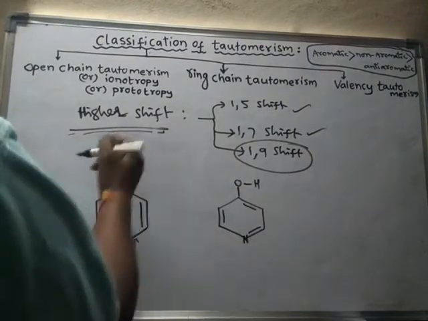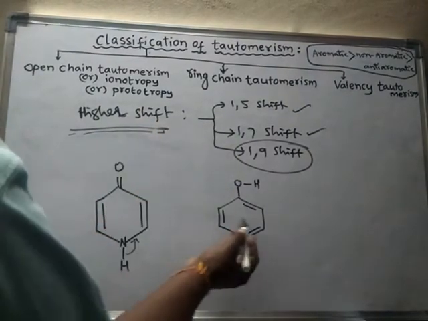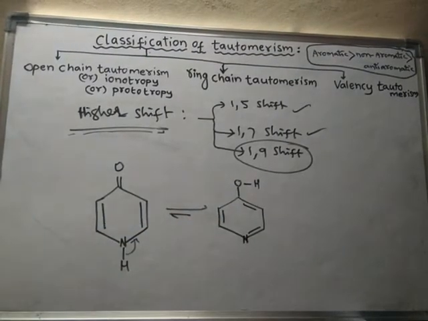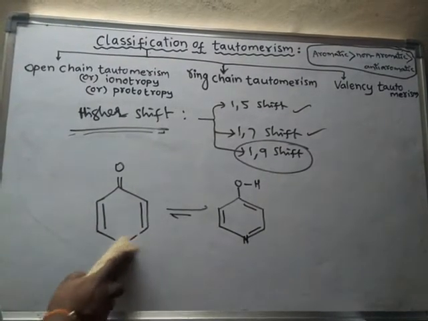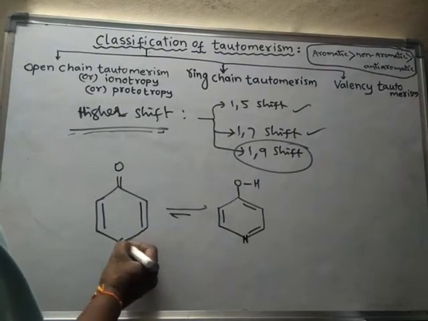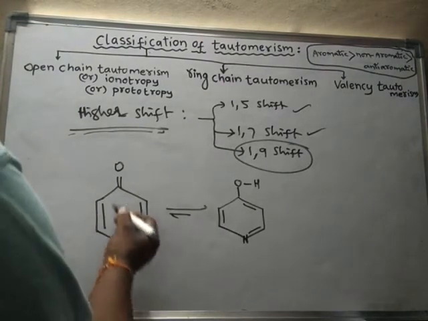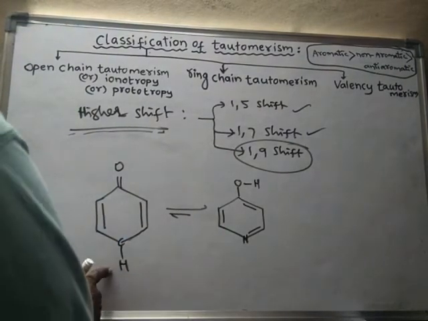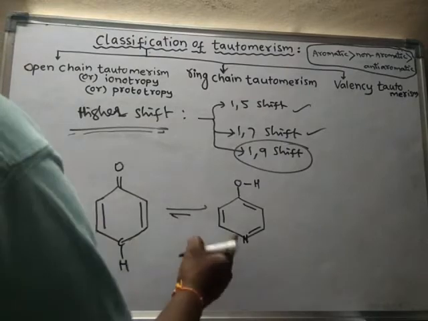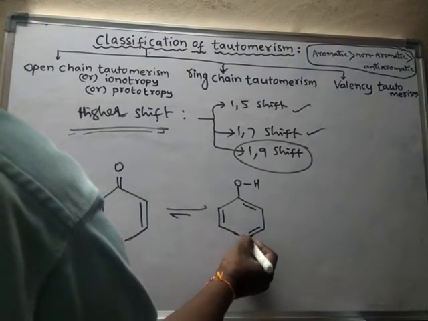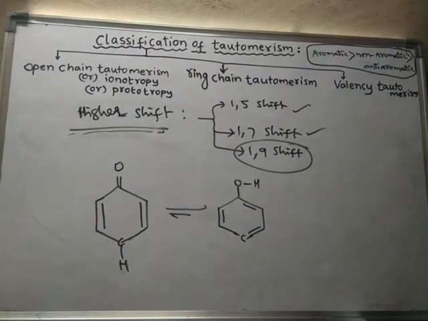So here enol. In higher shift systems, in higher shifts, enol forms are more stable. Okay, so like this. Another example for the enol form. Instead of nitrogen, if there is hydrogen like this directly, here also carbon, hydrogen. So here this is a compound. Now this hydrogen will shift here. So this is carbon. Now it forms phenol. This is phenol.